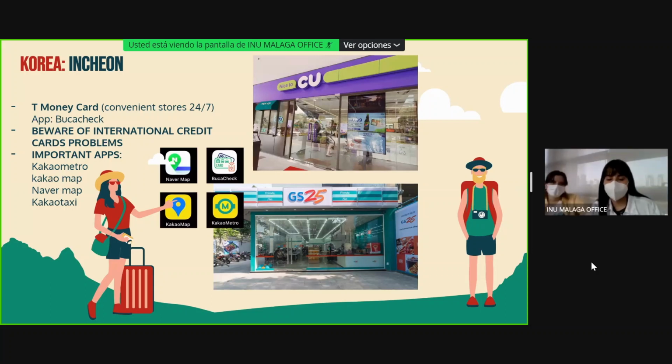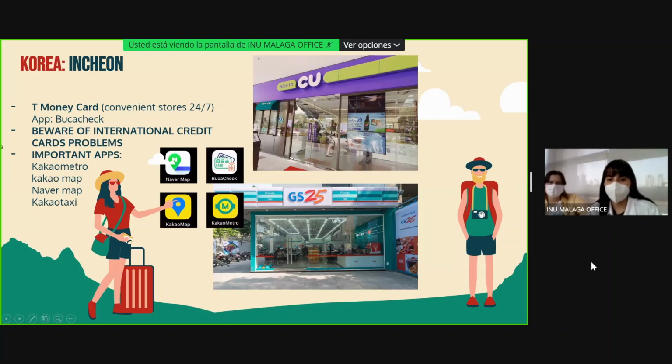We would like to give you a hint about international cards working here in Korea. In some places, like restaurants or shops, they might present problems if you try to pay with your international card. So we suggest that you either have more than one card, or always have cash with you, or else you can open your bank account here in Korea if you're going to stay for a longer time and you see it as necessary. But yeah, we will always suggest you have cash with you.